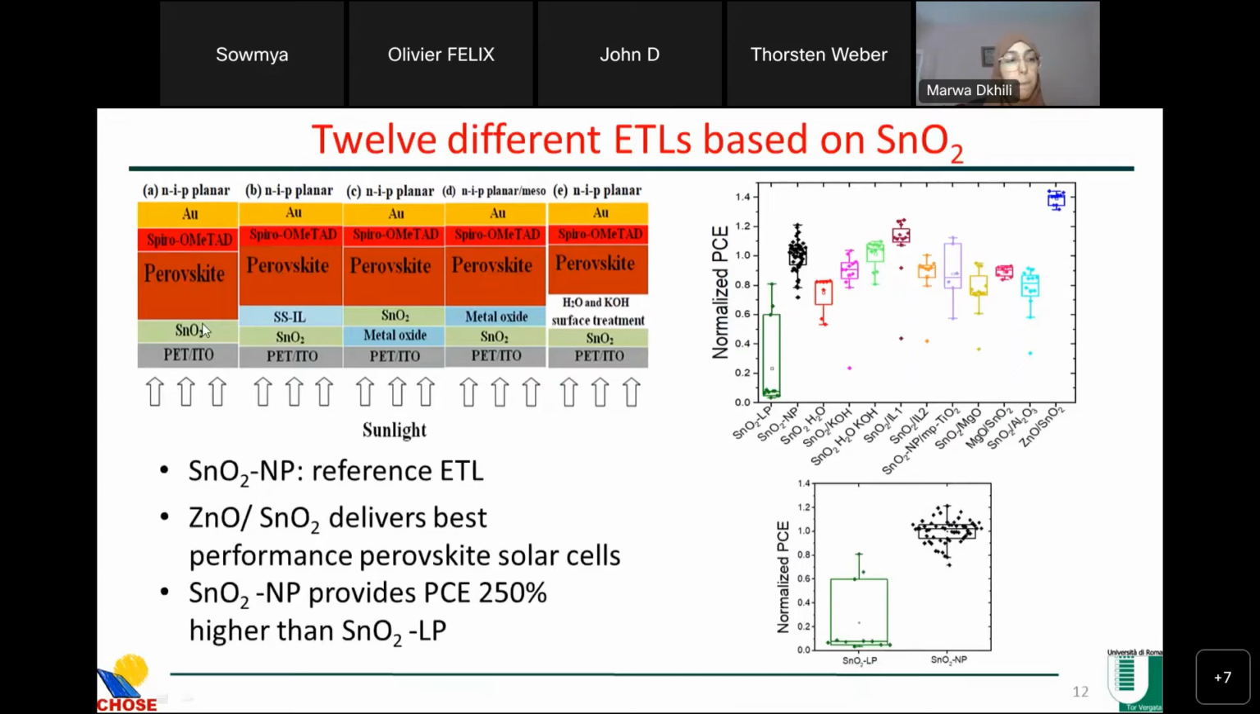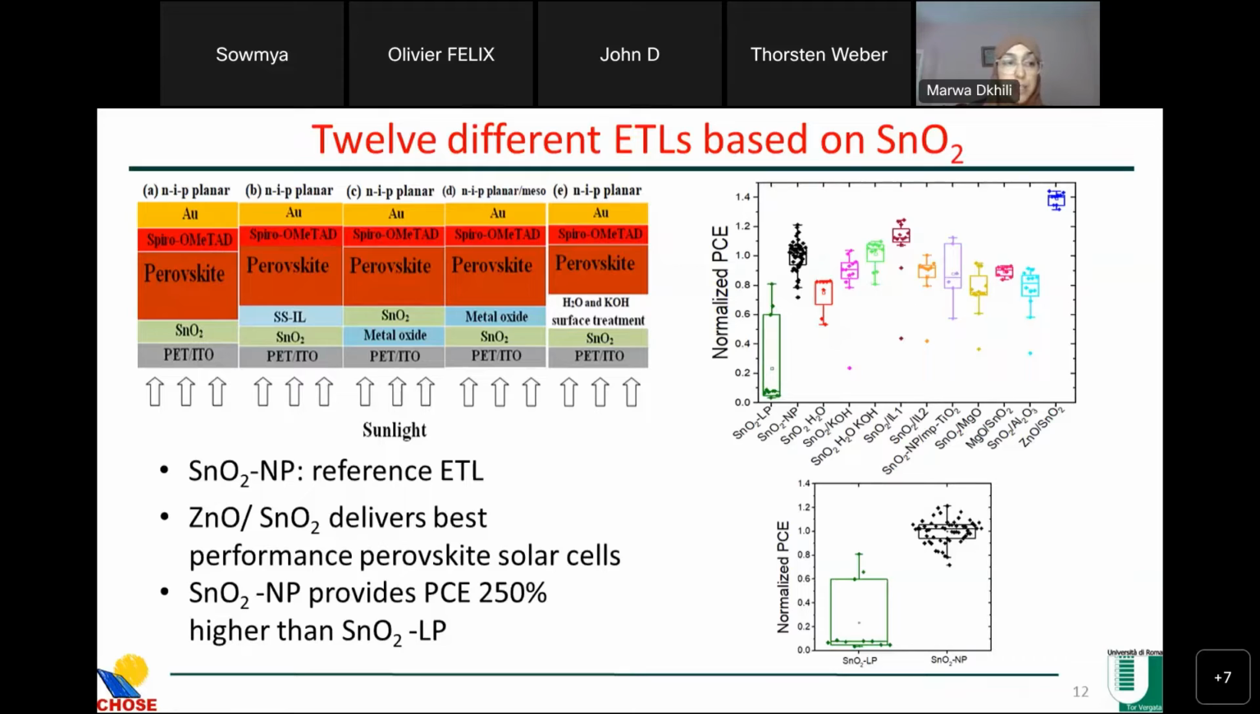The first type consisted of perovskite solar cells with tin oxide layers. Two different electron transport tin oxide layers were tested here. The first one is made from ready-made nanoparticles, and the second one is made from liquid precursor. The second type contained a bilayer of tin oxide with an ionic liquid. So as I said previously, we have 2 ionic liquids here. The third type